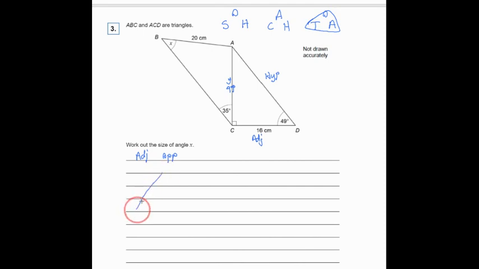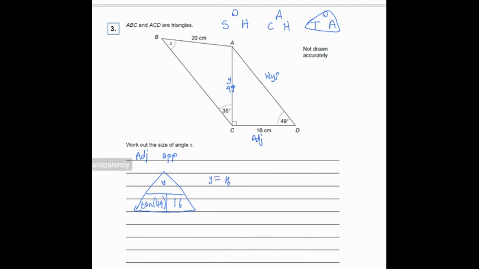So let's replace everything with what we are looking for. So T stands for tan, and that's tan of the angle, which in this case is 49. So tan 49. O is what we're trying to work out, so that's Y. And adjacent is 16, the A. So Y is going to be equal to